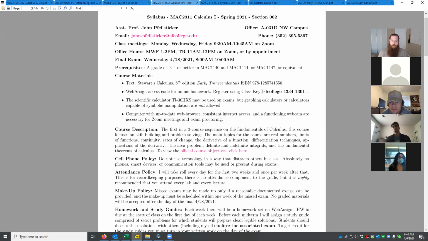Then as soon as you do get your access code, whether you're waiting for it to ship or you haven't purchased it yet because you're waiting for financial aid to drop, as soon as you do get that access code, go ahead and put it into WebAssign so you don't get kicked out when the 2-week trial access ends. The class key that you need to register for this class in WebAssign is right here. You can copy paste it from the syllabus.